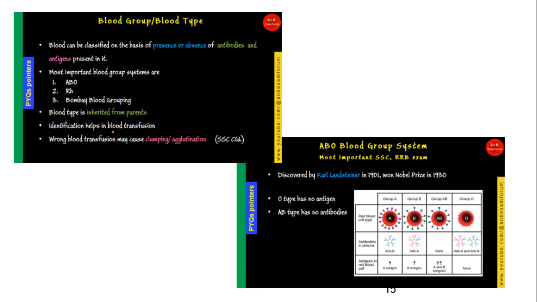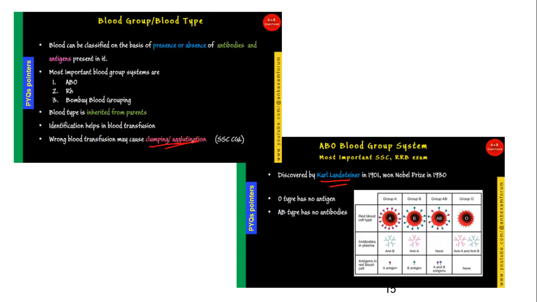There are many blood types found in mammals on the earth, and there was a person called Carl Landsteiner. He discovered that blood should be classified. Why is this classification important? Because say some person is getting some disease and he wants some blood, in that case blood transfusion might be required, and if you transfuse the wrong blood, it may cause